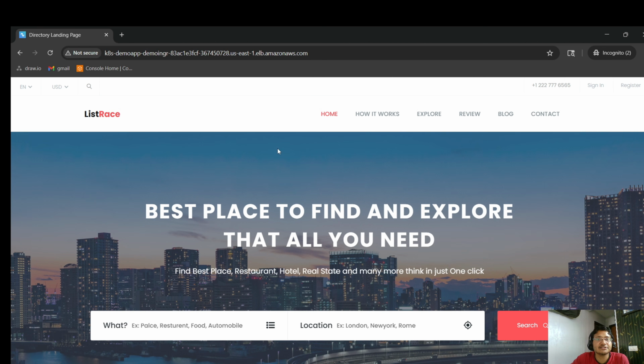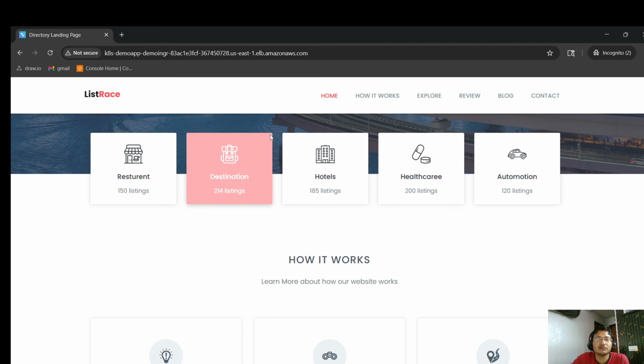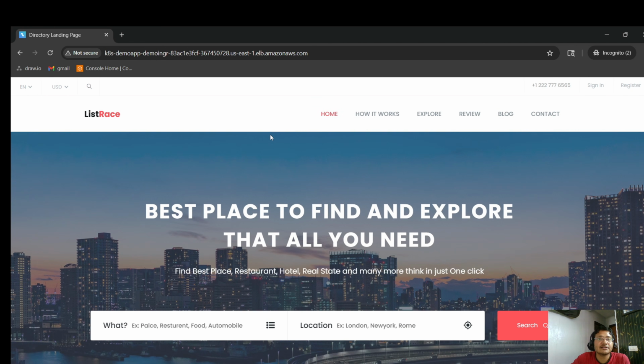So this is my application. This is the front-end Apache web server that I was talking about. It looks like a real-world travel website, but it's running on an Apache web server. This is how you can access it: the main default path without any specific URL. When the user accesses this in the browser, he is going to see the front-end application served by